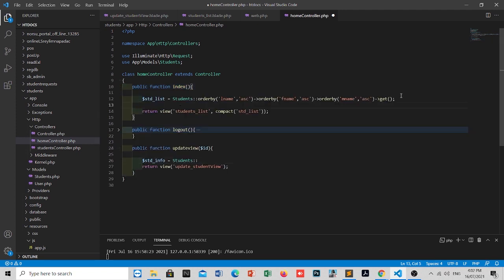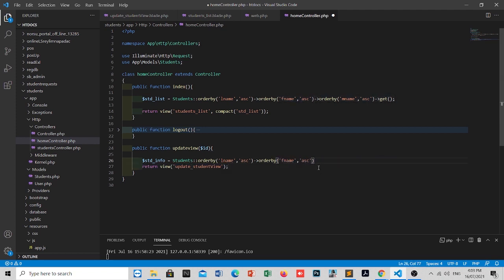Let's just copy this one, no, kani balik ra ni siya, copy, but ilisa nato ni kay dili siya list, std info, then let's omit this one, kuha nato ni sila,